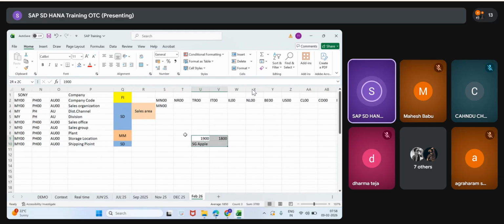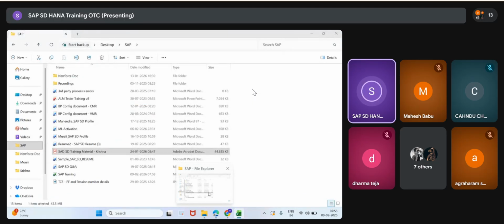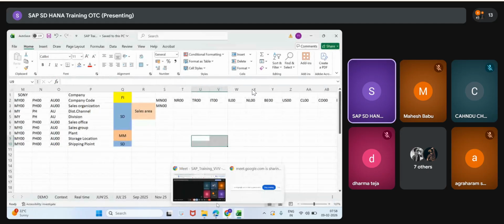Fine, Andy. That's it for today. Thank you so much. We'll meet tomorrow. Meanwhile, I'm going to share these two books, and the SAP access also once you confirm. So you just connect with Chandra sir, or Satya sir, Chandra, or me. Anyone, no issue at all. Thank you so much. That's it for today.